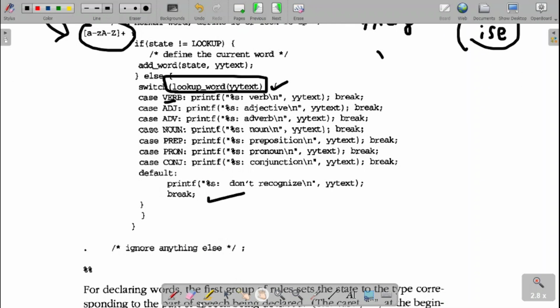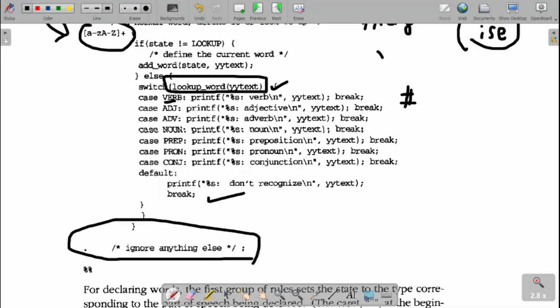And any special character, if I give in my input, such as hash or some other thing, will be just ignored here. This is used to handle the special character. Dot stands for any character except the newline character. It will recognize any character. Do nothing. Do nothing is your semicolon. Just put the semicolon over there, which means that in the action part there is no such thing. So this will be regarding your rule section.